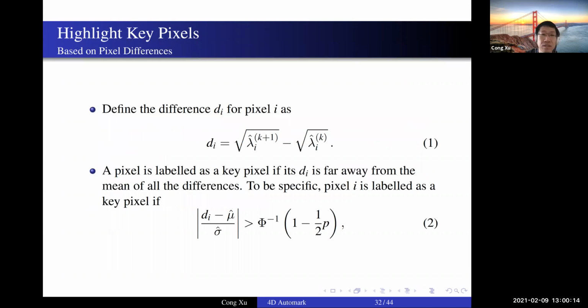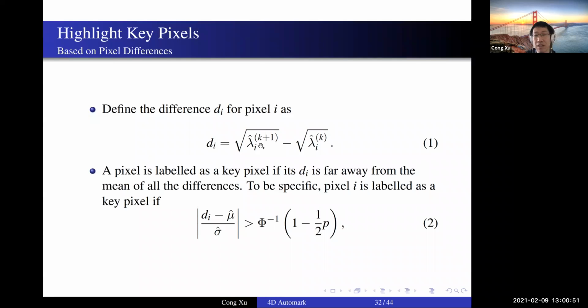So the first method is based on the pixel differences. We assume that we already have the estimations, these lambda hats. For one pixel, we take its fitted value in the k-th time interval and the (k+1)-th time interval. We define the difference for this pixel i to be the difference between the square roots of these two